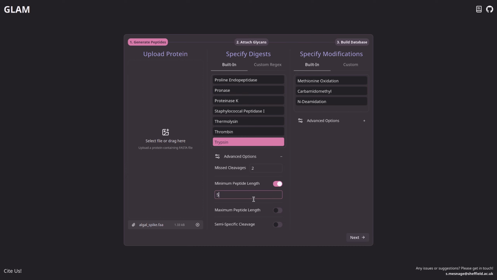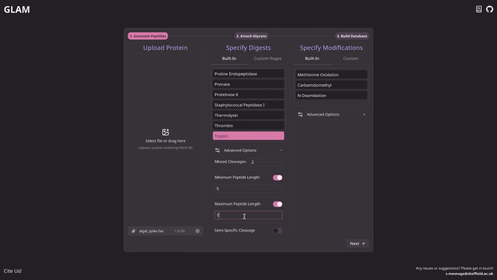Here, I don't know, I'll put it down to 5 amino acids and then make it up to 40 amino acids. You can configure these obviously however you want. Now, one particularly weird option here is the semi-specific cleavage. That's not too important for now, but just know that this option essentially will take your peptides generated by the